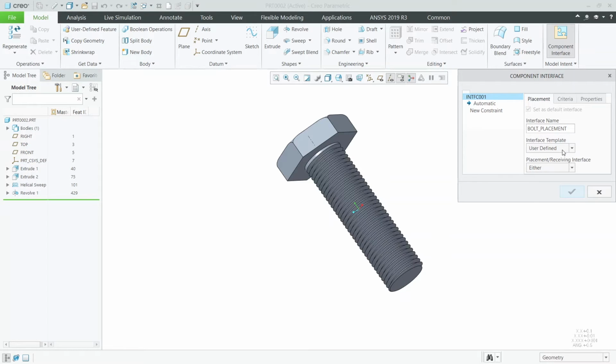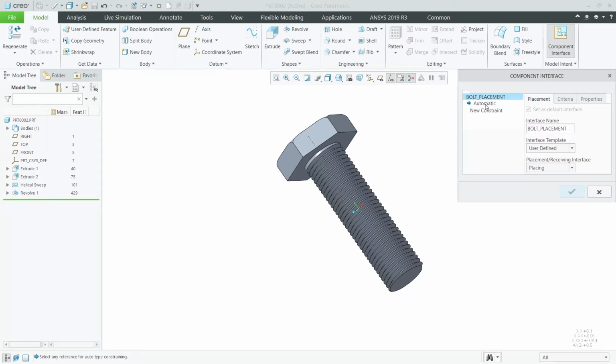Here, you have a lot of options where there are default constraints for cylindrical, pin joint, rigid joint, welded joint and ball joint, etc. But I'm gonna use the user defined feature for this in order to have a better grasp of the concept. I'm gonna pick this and select placing since we are going to place this feature.